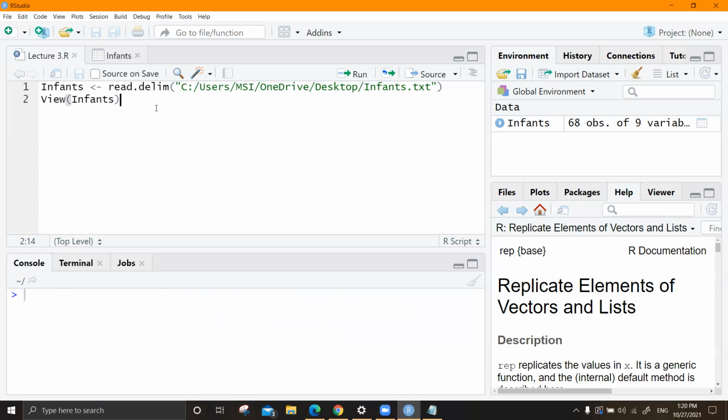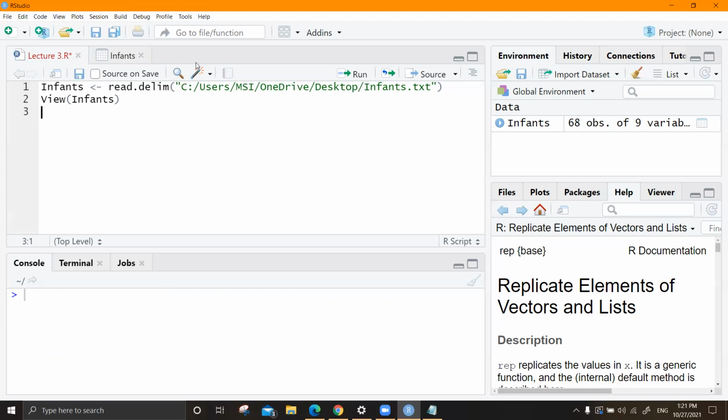The next thing is, I want to teach you about the working directory, before handling this data set. The working directory is the original place where you have your R software installed. Although you may save your R script on the desktop or any other place in your computer, that is basically your working directory.